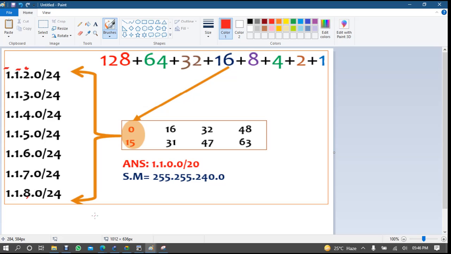So now you have to check the lowest IP address. It is 1.1.2.0. Okay, so the lowest is 2 of this one and the highest is this one, 1.1.8.0, right? So you have to say that...